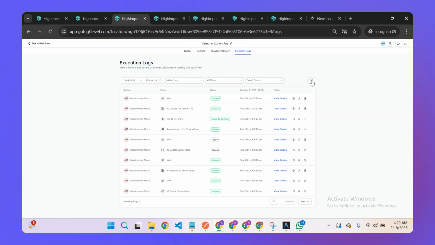So the workflow is started. Here you can see that our file is uploaded, the vector store is created, and the file is also added to the vector store. Now our agent is ready. What we need to do is,